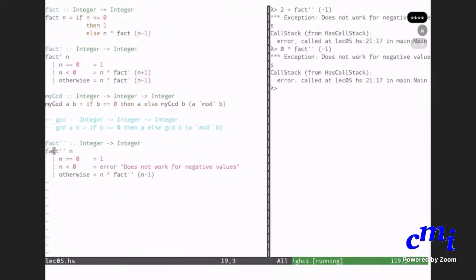So next is the problem that I want to do, largest div. Largest div of n returns the largest divisor of n other than n itself.